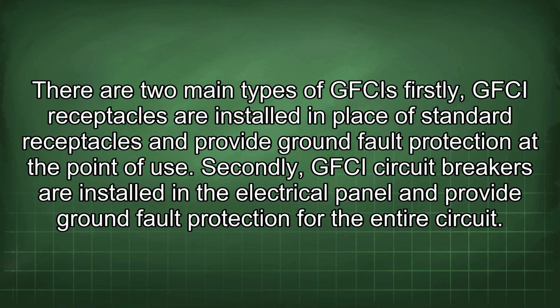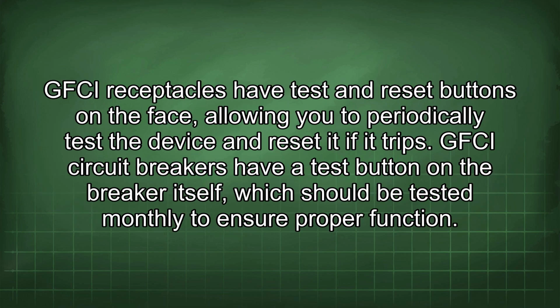There are two main types of GFCIs. Firstly, GFCI receptacles are installed in place of standard receptacles and provide ground fault protection at the point of use. Secondly, GFCI circuit breakers are installed in the electrical panel and provide ground fault protection for the entire circuit. GFCI receptacles have test and reset buttons on the face, allowing you to periodically test the device and reset it if it trips. GFCI circuit breakers have a test button on the breaker itself, which should be tested monthly to